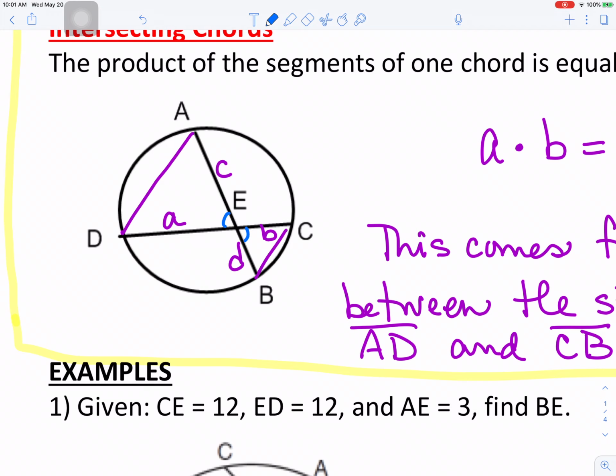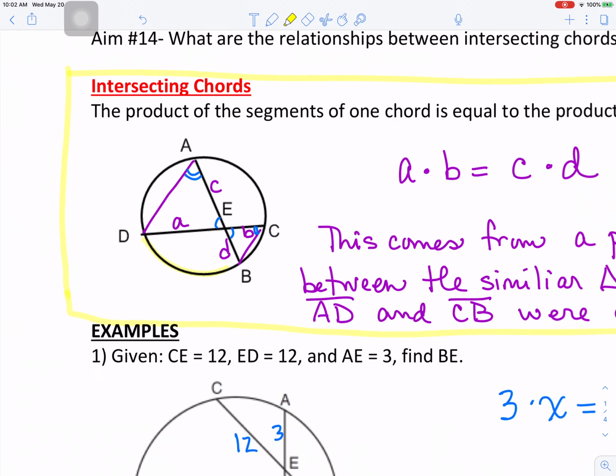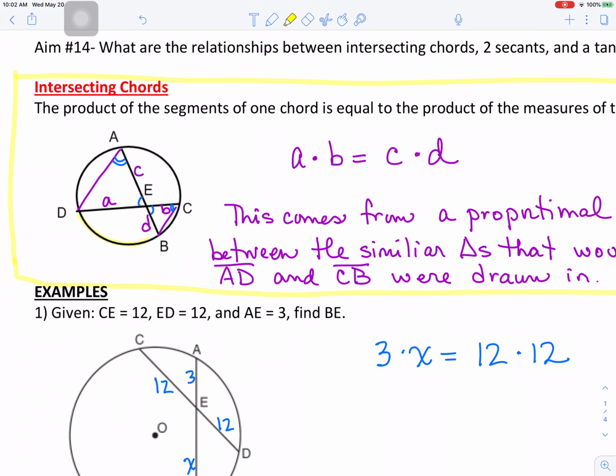And then some of you may know why angle A is congruent to angle C, because they are inscribed angles that intercept the same arc. Okay? And same thing about D and B. So the triangles are similar to each other, and what do we know about similar triangles? Corresponding sides are in proportion. So that proportion would be A compares to D the way that C compares to B, and then if you just multiply